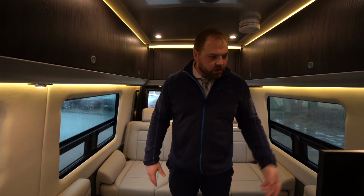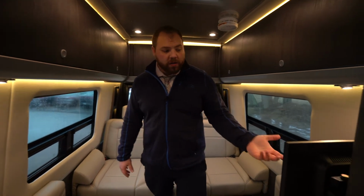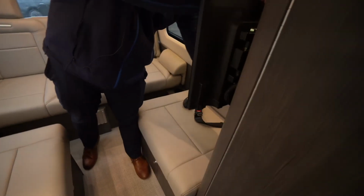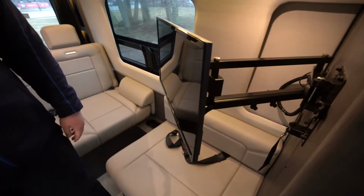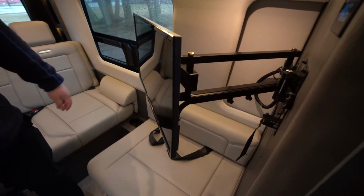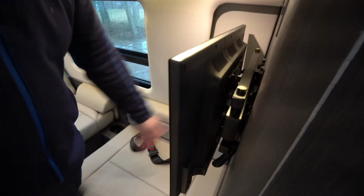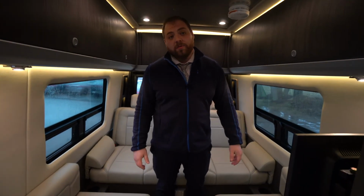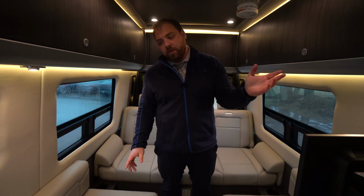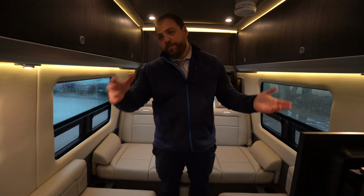Other things to touch on back here, we have another TV that can be swiveled. You just pull on a tab down here, it unlocks it, and it comes out and can be swiveled around to accommodate whatever seating you have back here and whatever amount of people you have. As you heard, it clicks back in and is ready for travel. The one up front does the exact same thing. You can move it around if you want to spin it around to see,